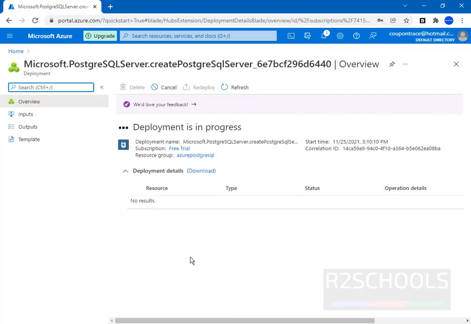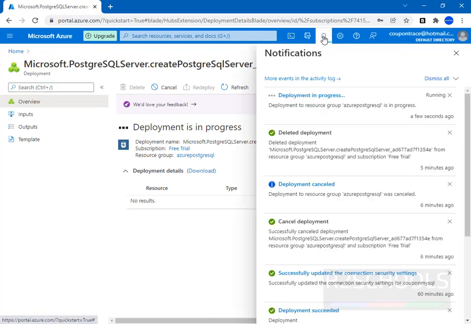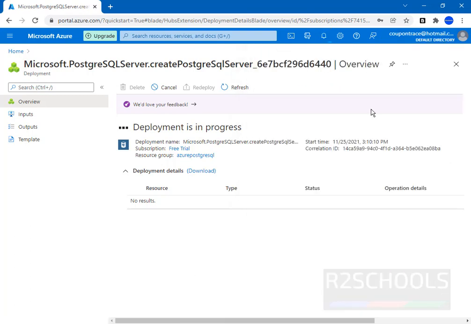See, deployment is in progress. This may take time, but wait until this deployment completes.